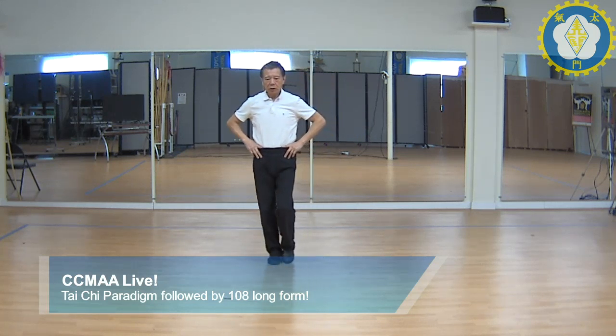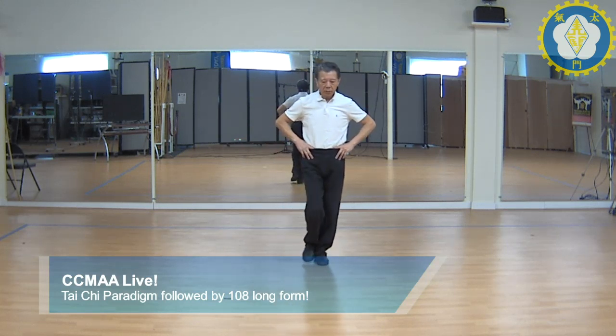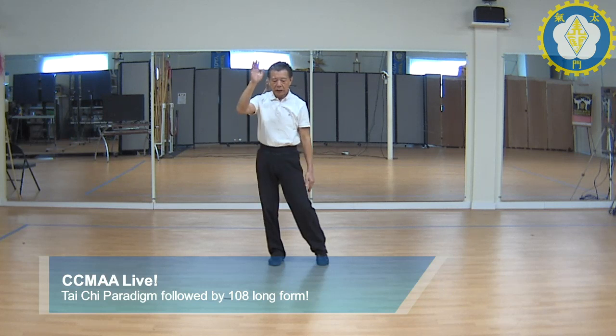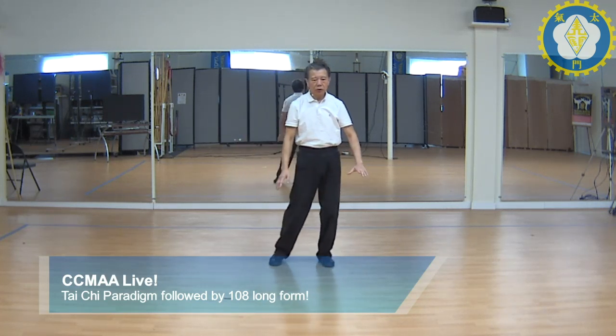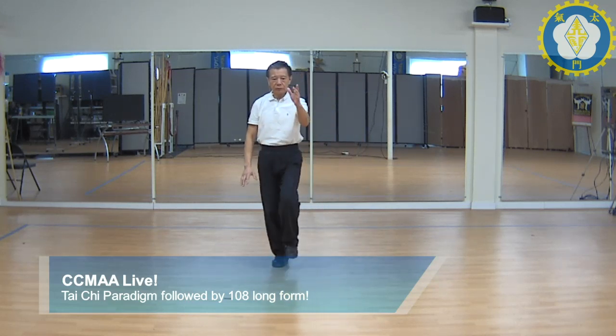Switch. And then hold. And go back to center. Switch. Balance. Extend. Let's go back. Okay, now the hands are going to go up and down. Once the leg gets to here, you're going to go up. Switch over and up. 1, 2,